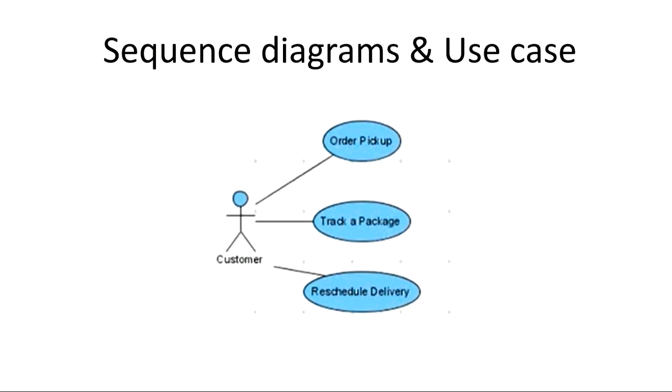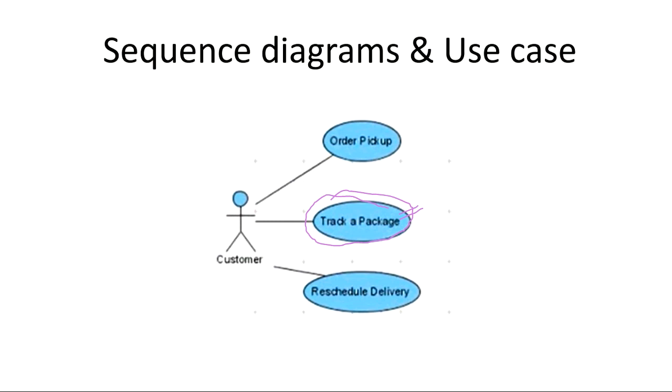Now same thing is with the sequence diagrams. For example, suppose, because use case diagrams are just an abstract view. A use case diagram is not telling me how this package is going to be tracked. For example, take this track package. The customer wants to perform a use case that is track package. But how will he track his package? He has sent some courier, based on courier ID, DTDC courier number. He wants to track his package, kahan tak pahuncha hai abhi. How he is going to do it, the use case diagram will not tell us,